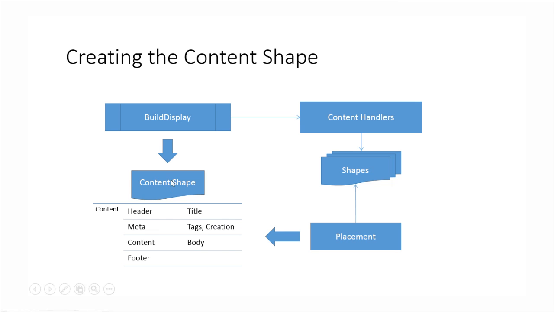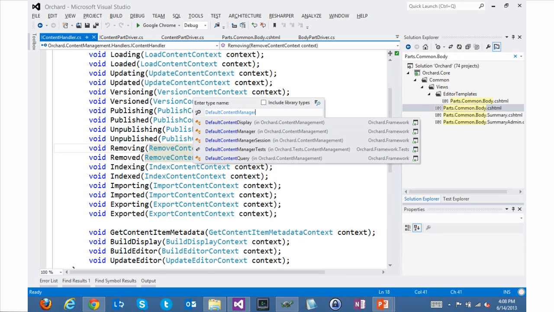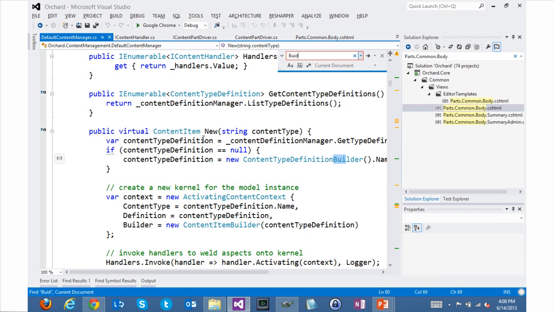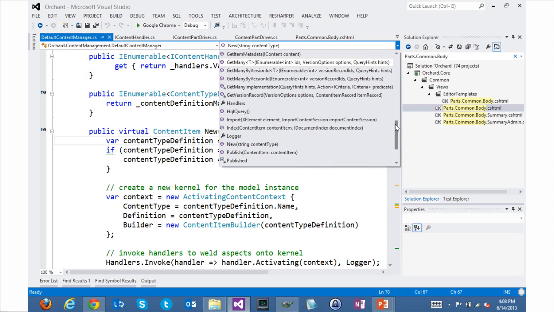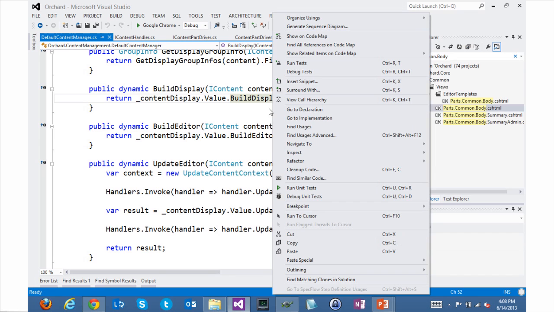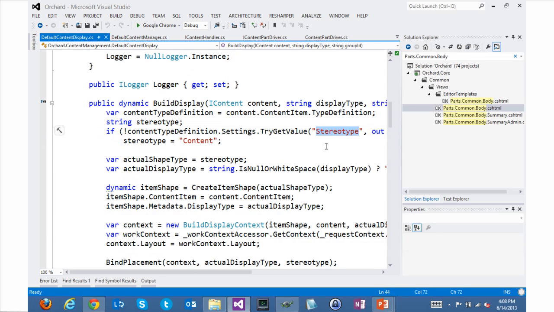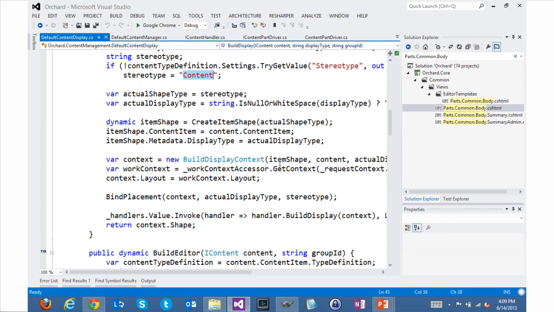So let me show you how it works, maybe you will understand better. I go to the default content manager, and there is a BuildDisplay method. This one will get the content display implementation and call BuildDisplay on it. Go to definition, to implementation here, and you see here the string content I was talking about. It's saying, give me the stereotype of the content item you're trying to render, and let's say it's a content, so it will say stereotype is content, and it will then call